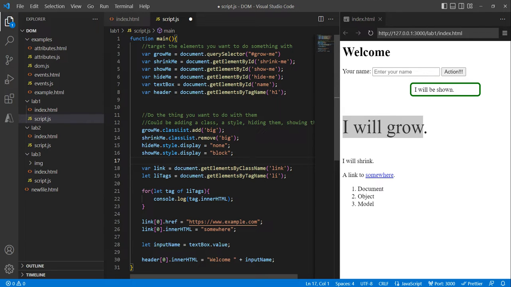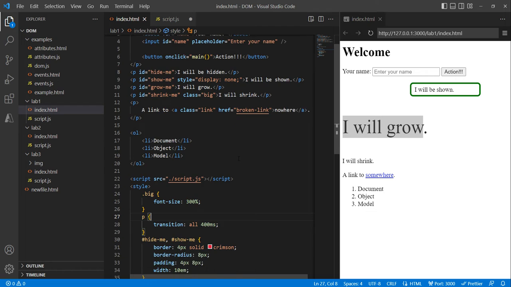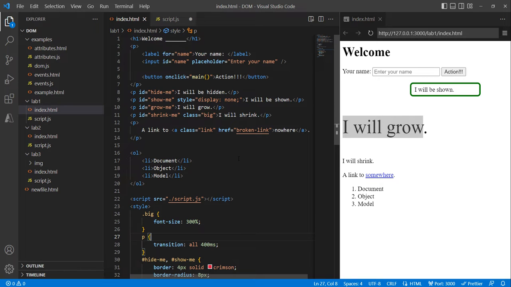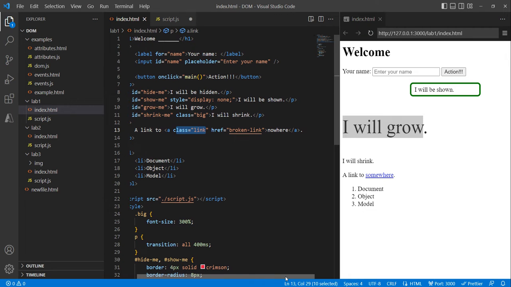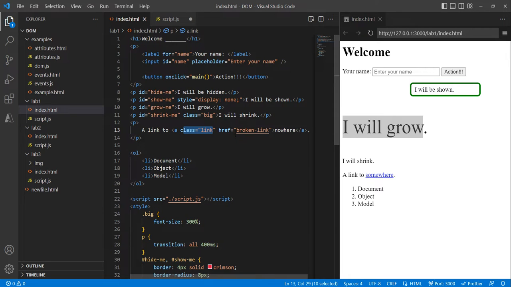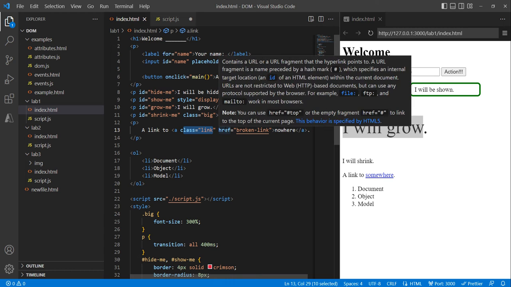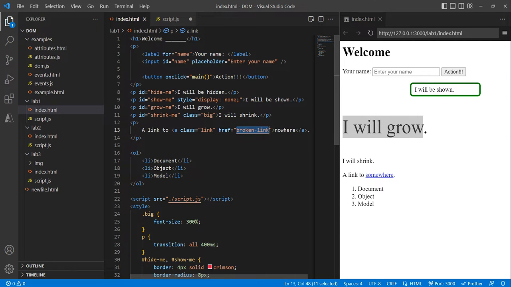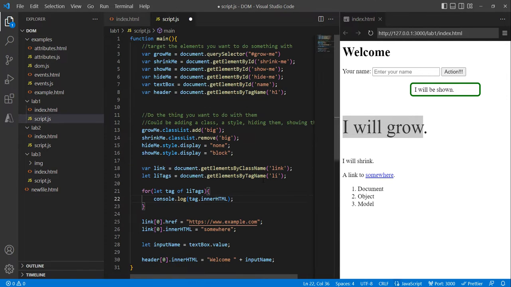All right, let's first talk about the links. So notice in your HTML, all right, let's go find it. We had a link, okay, this A tag. It has a class link, okay, so we can target it by this class. It doesn't have an ID, but it does have a class. All right, and the href, the location of where the link goes to currently is broken link, so it doesn't go anywhere. All right, cool. So I got the link by its class name,